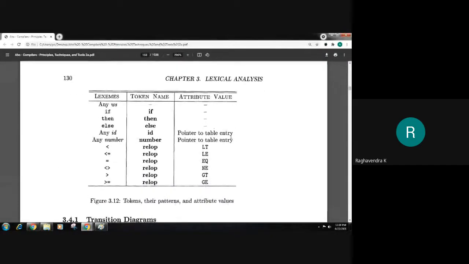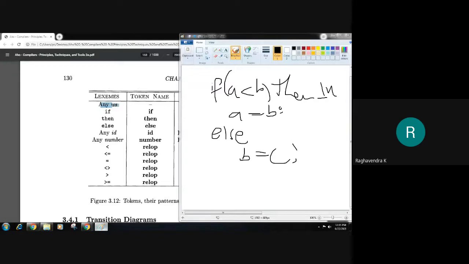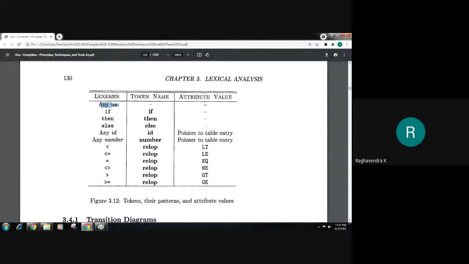Okay, but our aim is not that. Our aim is to basically recognize the tokens for the terminals. And here is a table that represents when you see the following lexemes, what is the token that we are going to identify, and what is the action to be taken with respect to the attribute value, right? So white spaces are not required in this input. They need to be stripped off. So we don't return them as any token, and we don't have any attribute value for them as well.